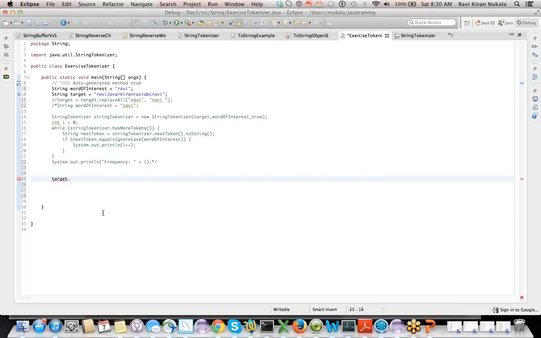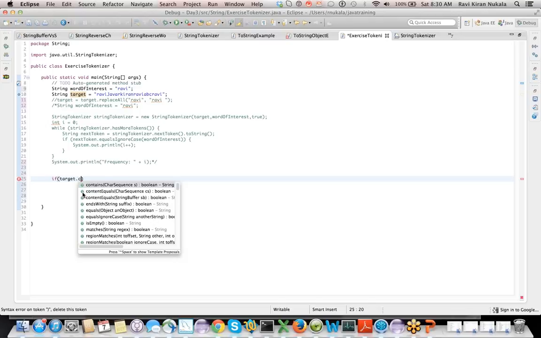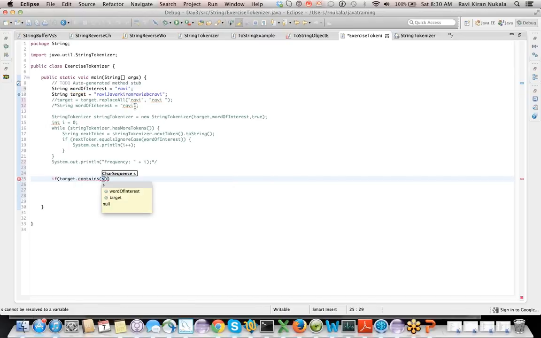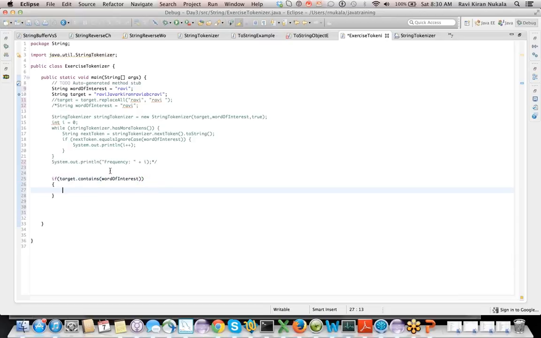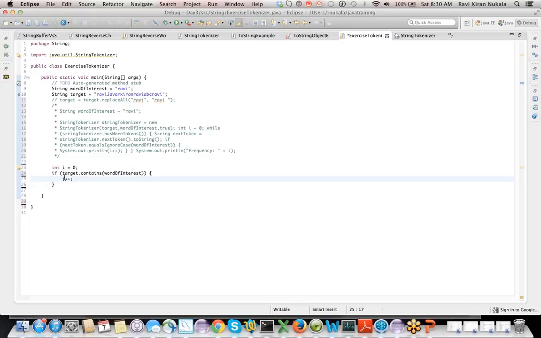Let me see. If target dot contains word of interest, as you said, you can increment it to 1. But it gave you true or false, and it is always going to give you 1.